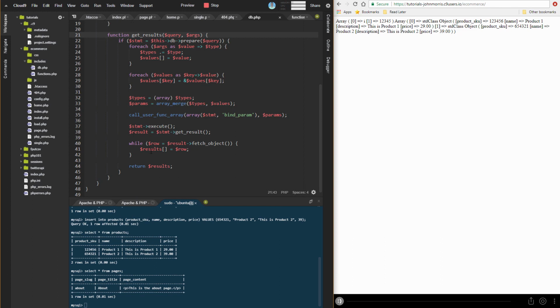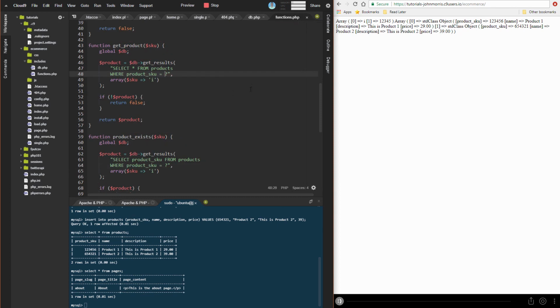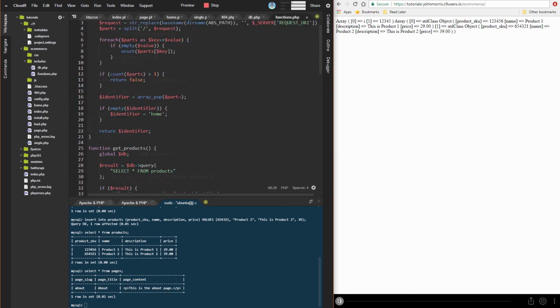So now what we have at this point is an array of results based on our query. It could be 1 row, it could be 100 rows. It depends what we've queried for and what gets returned by our database. But now from this method, all we do is just return whatever we got back from it. Okay, so this is the main thing that we've done here. This is the foundation. This is the database method that allows us to then run the different queries that we need to run. So if we come over here now to our functions file, you can see that we have,